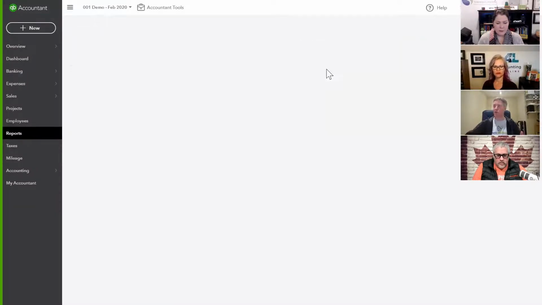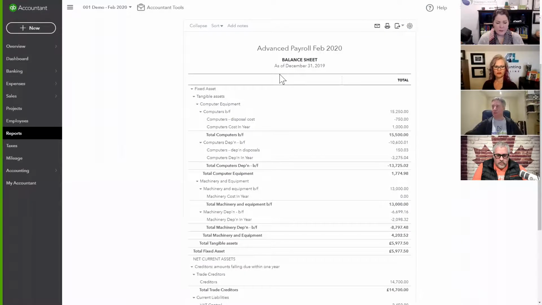So I've opened up the balance sheet. This is to December 19. Now, when you set up your QuickBooks company file, what you should do right before you set up your NettTracker company file, I should say. So before you set up NettTracker, and you've got different asset groups, if you've got an asset group for computer equipment, then what you should have is your